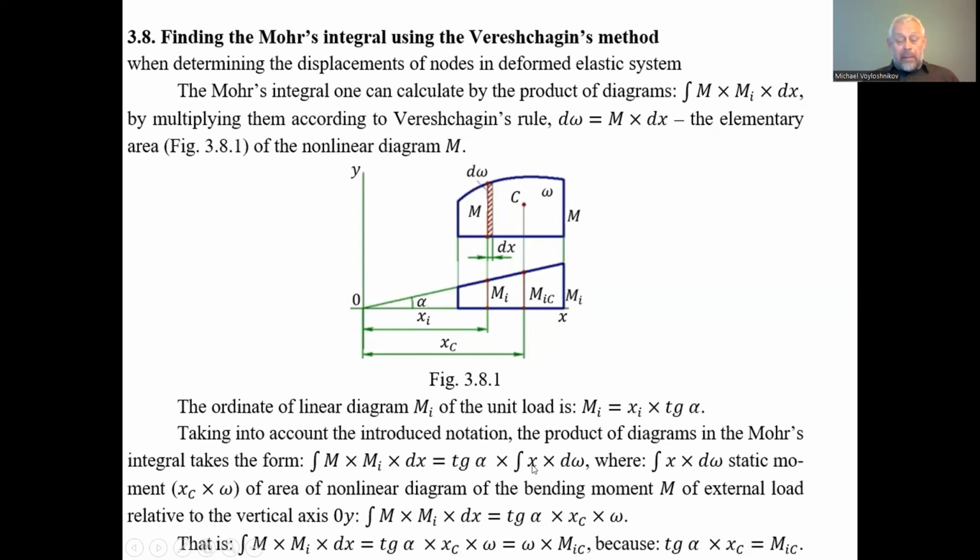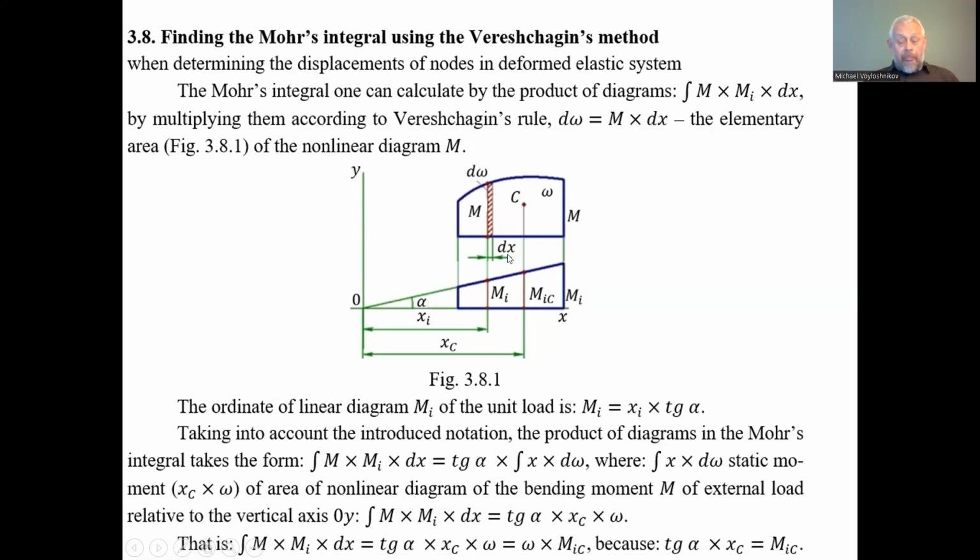And the integrand remains here when we deduct tangent alpha out of the integrand. The integrand remains the area of the nonlinear diagram of the bending moment. This is a static moment of the curvilinear diagram of the bending moment related to the axis y, the ordinate axis y, due to this integral equivalent to the